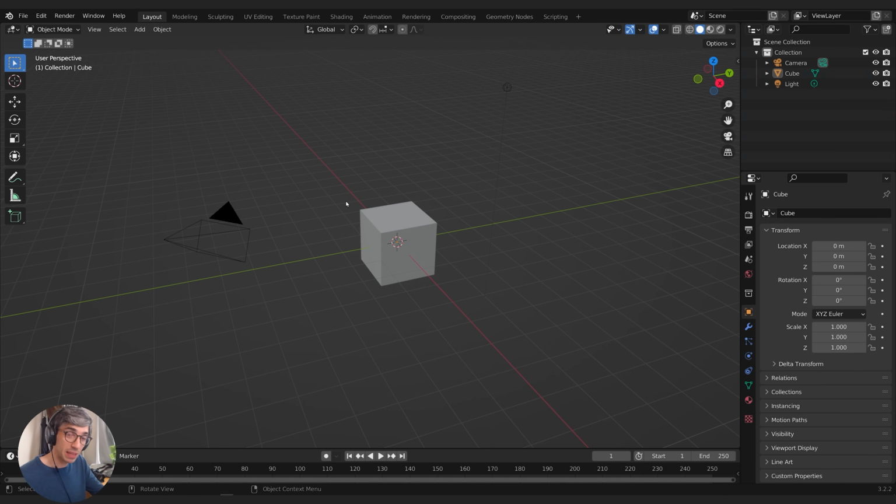Okay, so today's plan is to make some boiling water. We're going to start off by making a little container, and we're going to create some bubbles with some particles and create a displaced surface and do some cool effects. We'll also land it with a really cool render and talk about shaders.